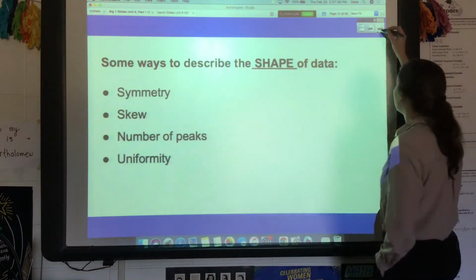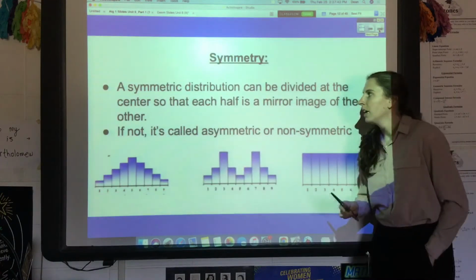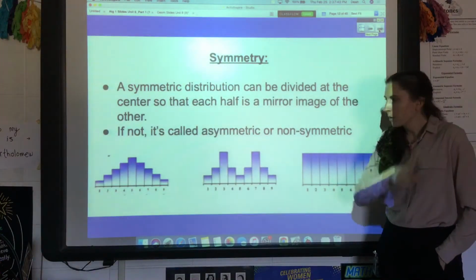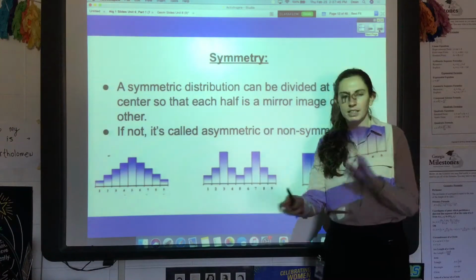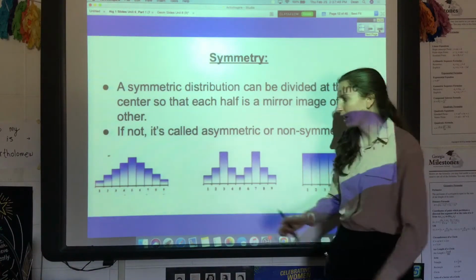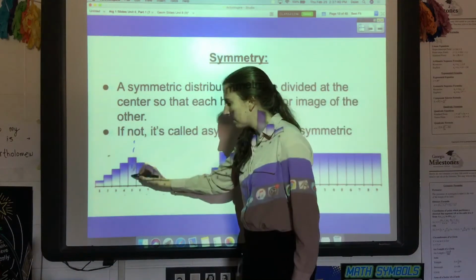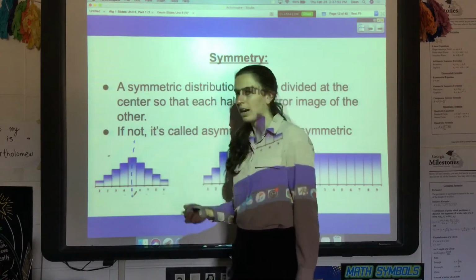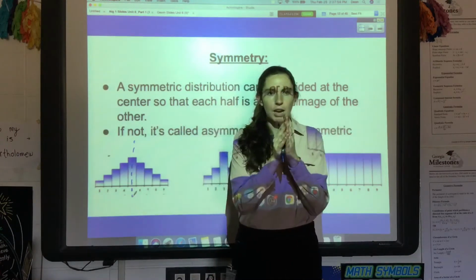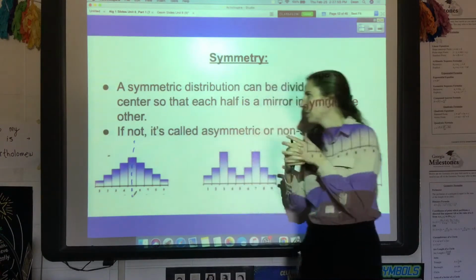So let's get into symmetry first. You probably are familiar with this word. Symmetry just means it's the same on both sides. It's like a mirror image. I could draw a line straight down the middle, and it would be the same on both sides. If I folded it, it would land right on itself. A symmetric distribution